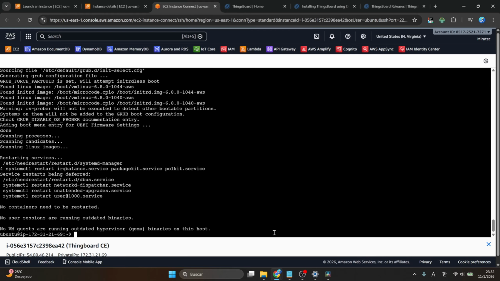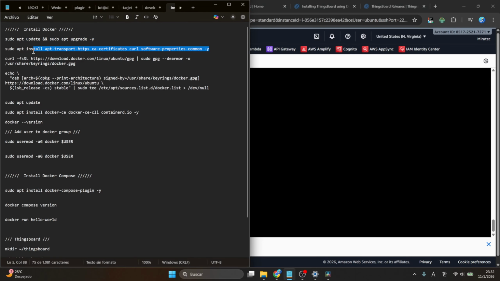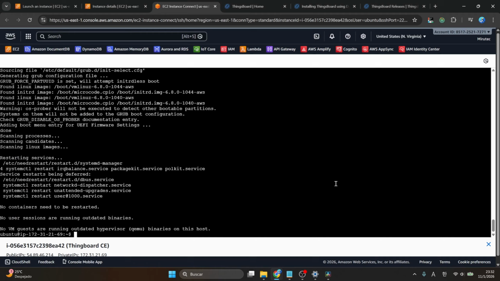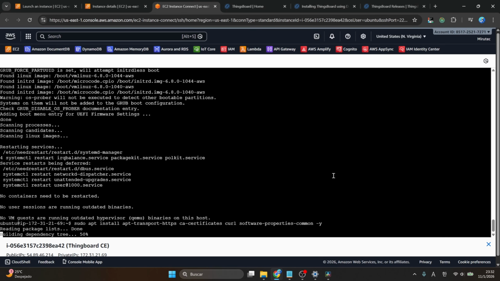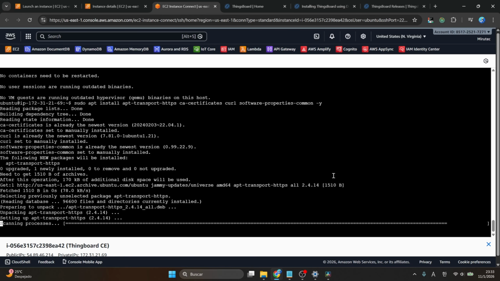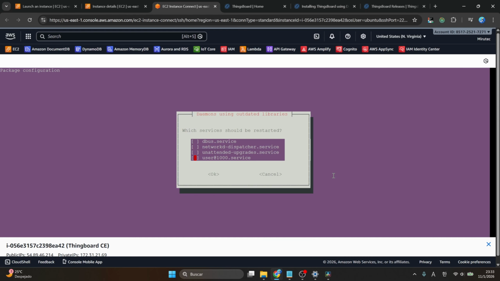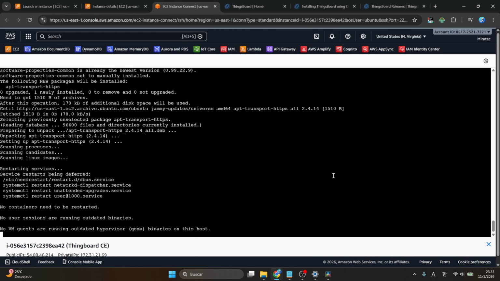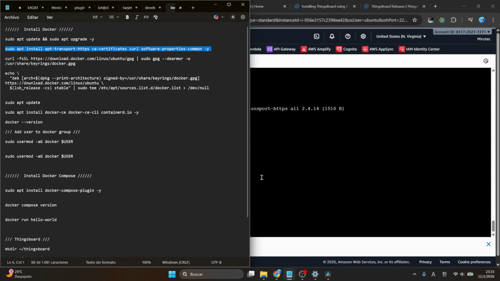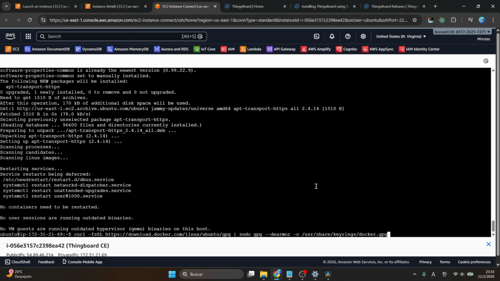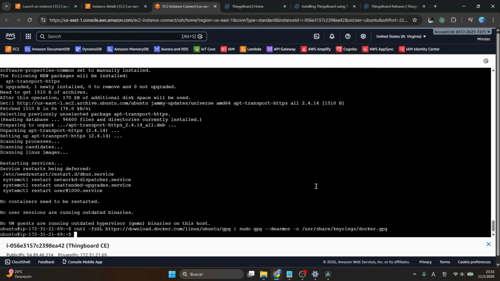Right, so let's take our second command. We are going to install the certificates for Docker. Let's copy and paste here. Click on OK, and then also we're going to select the OK in the window. And let's go to the third command. Let's copy the code, paste it here, right,